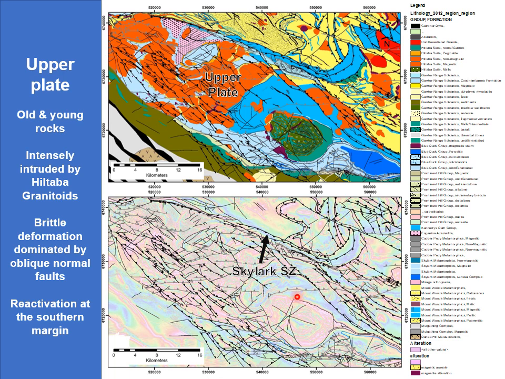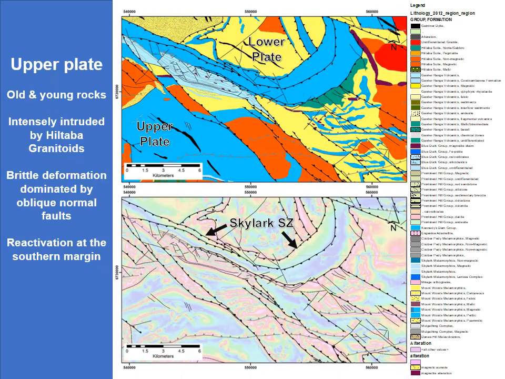But that pattern, where these northwest oriented faults have really high density distributions in the hanging wall of the Skylark shear zone. The other thing about the Skylark shear zone is that it is highly arcuate. Not only is it a linear feature, but it bends around like you would expect for a dome, and then it gets truncated and offset in these places. But this is a feature that you would also expect from a metamorphic complex.